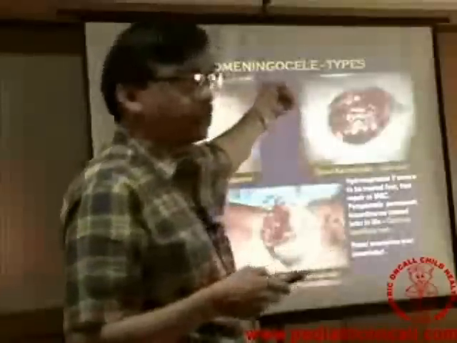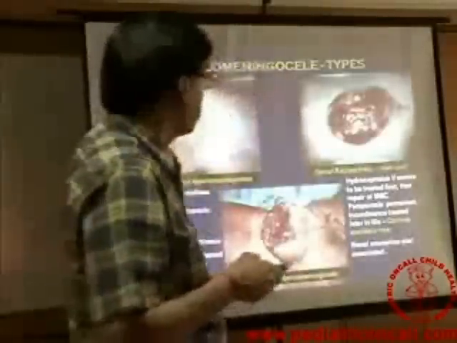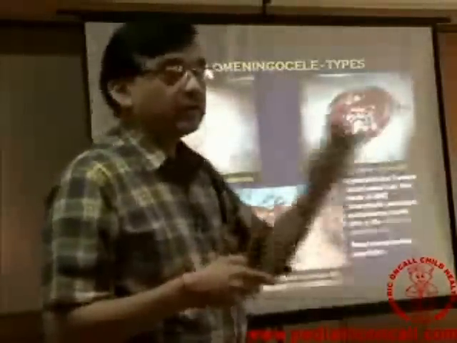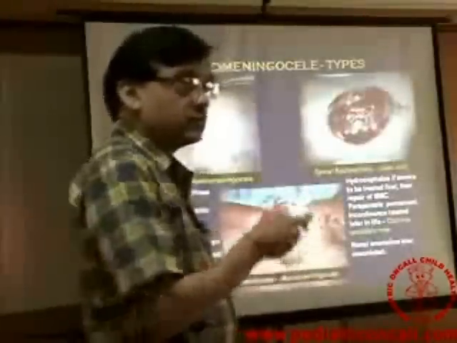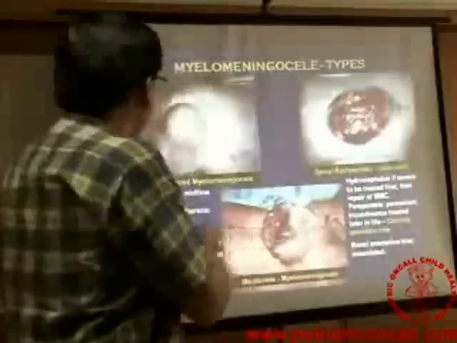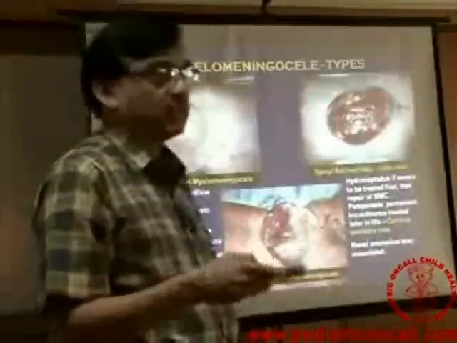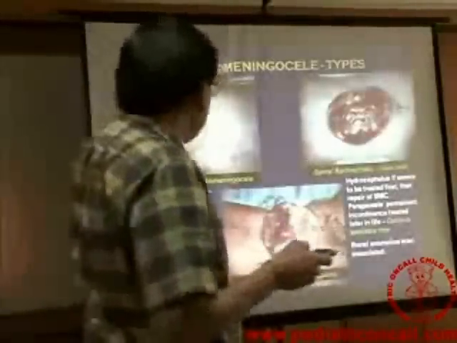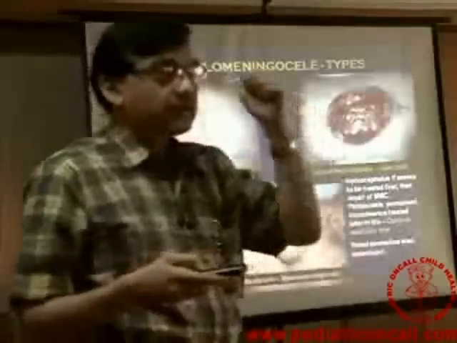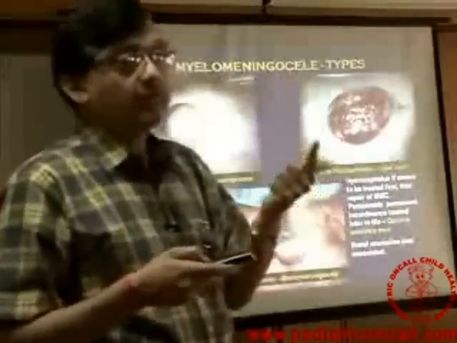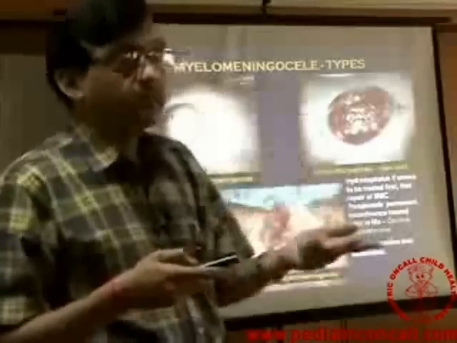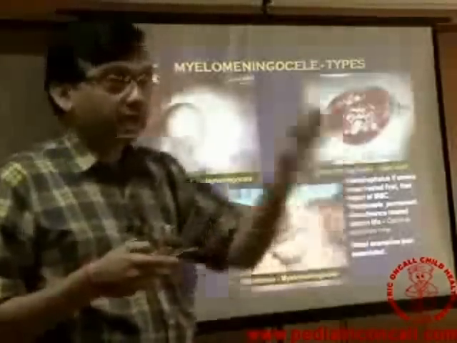And these are the ones with a very poor prognosis in terms of both bladder and bowel incontinence, paraplegia, as well as hydrocephalus. So these are the ones with real poor prognosis. The one with good skin cover may not be so bad. But when you see meningomyelocele, think about paraparesis or paraplegia, think about bladder and bowel incontinence, think about associated hydrocephalus, and treat the child as a whole.